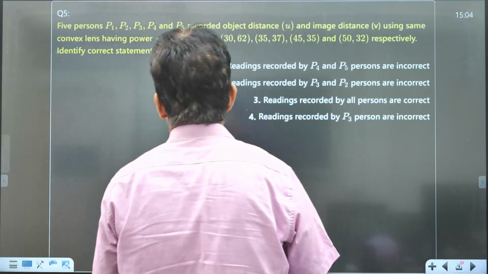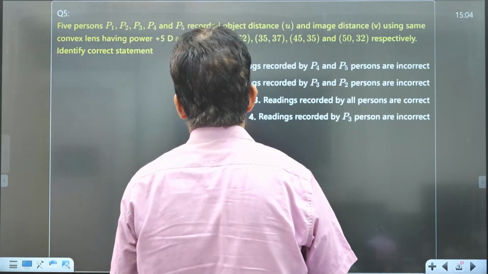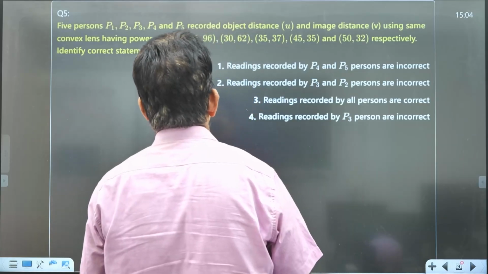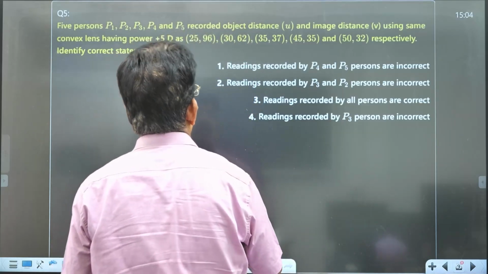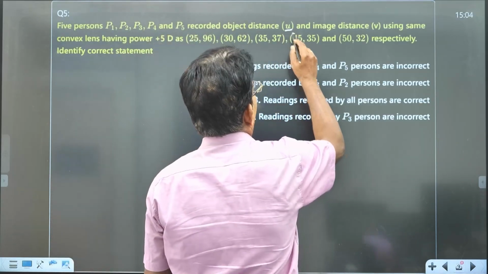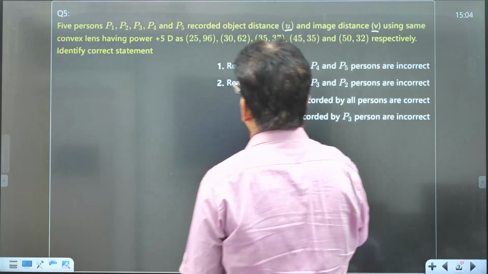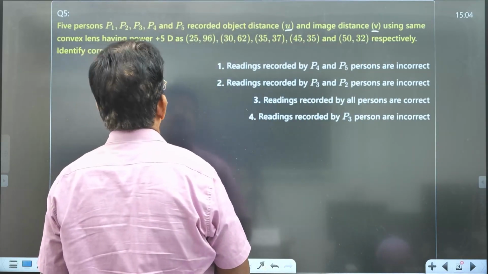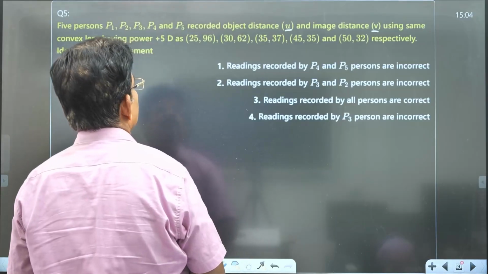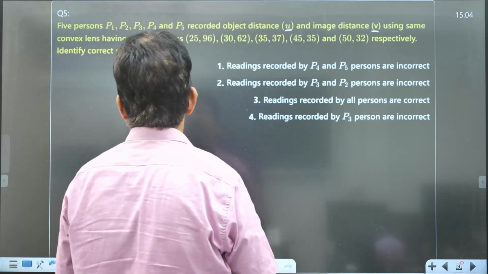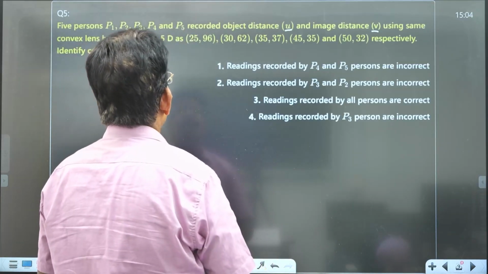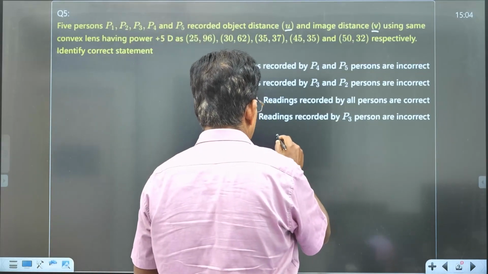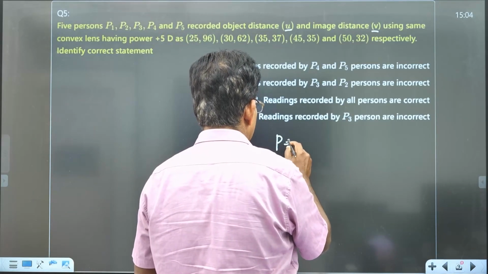Now here P1, P2, P3, P4, P5 are recorded. The pairs of object distance and image distance, U and V pairs, are given. There are 5 cases: P1, P2, P3, P4, P5 respectively. Then we have to get plus 5 power. I use this: power is equal to